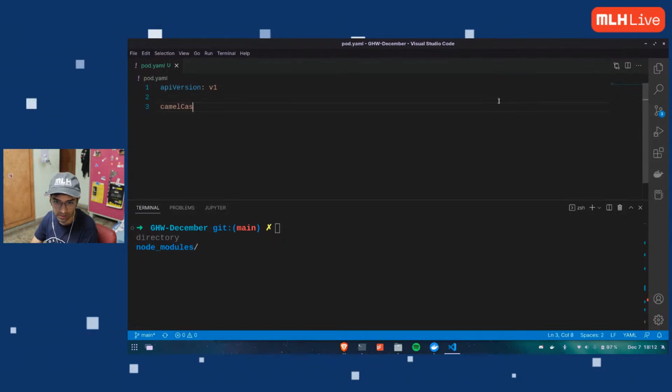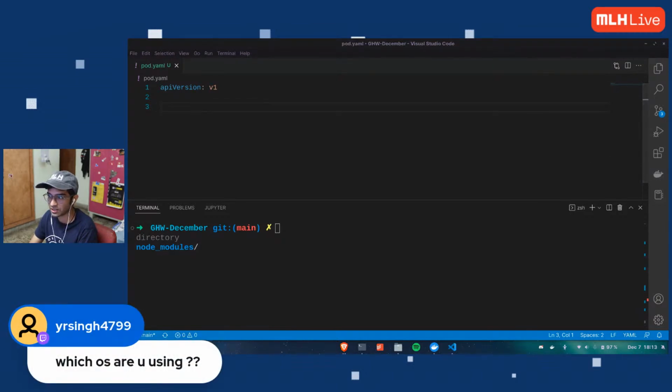If it's a two-word variable or an object, you don't add an underscore or anything. Camel case means the first letter of the first word is lowercase, while the first letter of the second word is uppercase, like a camel hump. The hump is big, right?